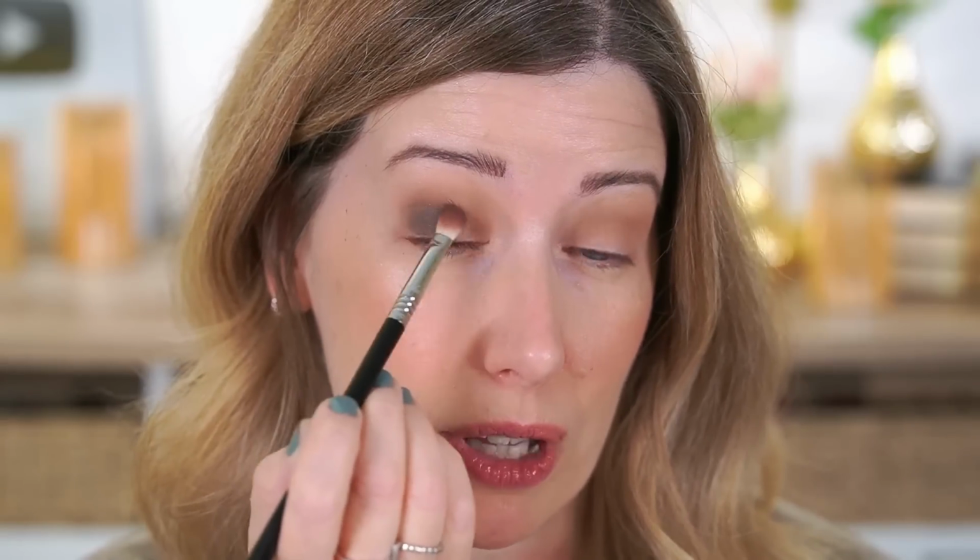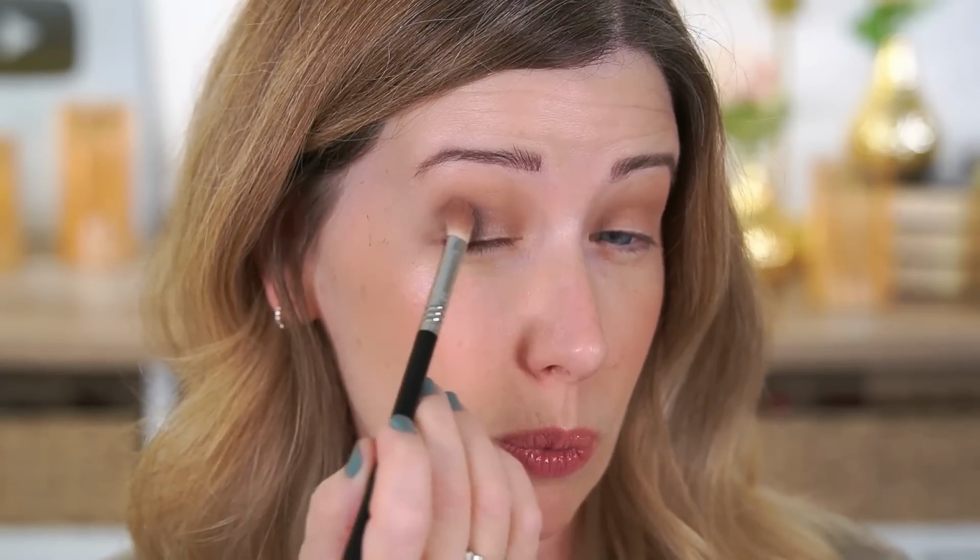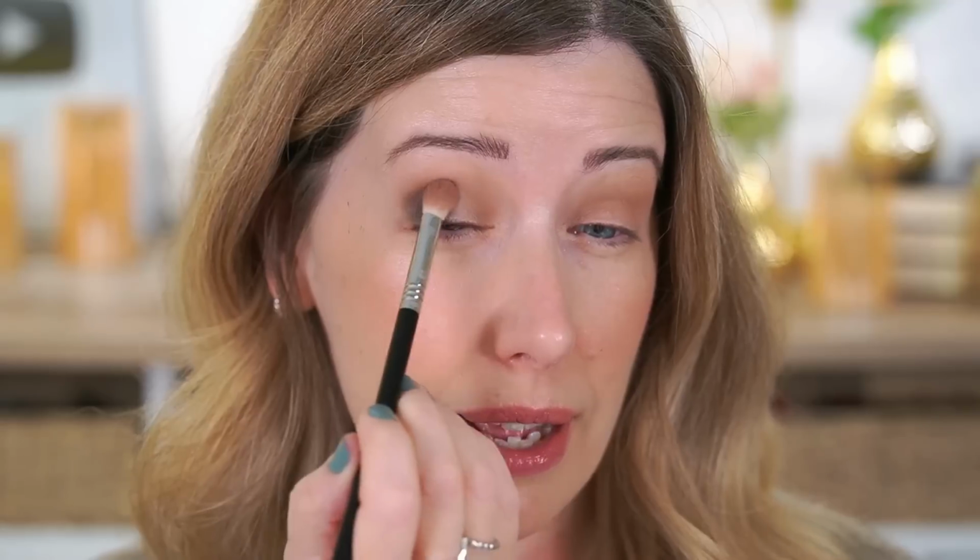This is actually a beautiful green. It has a little bit more of a grayish undertone, which I find is pretty rare when it comes to greens. Usually I feel like they have a little bit more blue in them, or they're like a forest green. This one's almost like a cement color with just a little hint of green to it. It's actually gorgeous. I feel like it's very 90s grunge. And once again, this color is performing really nicely. I don't have any patchiness going on. I didn't feel like some of these matte shades really swatched the best, but they're all applying with ease, which